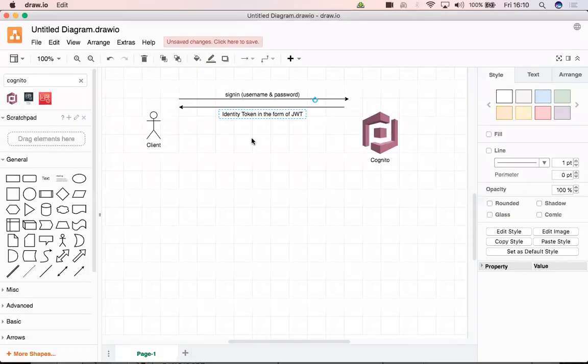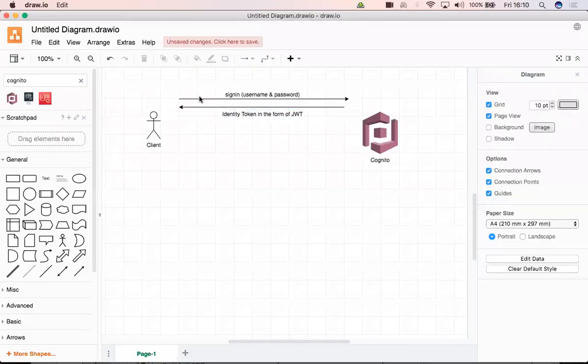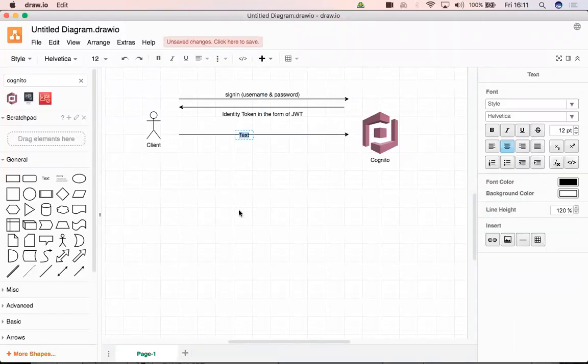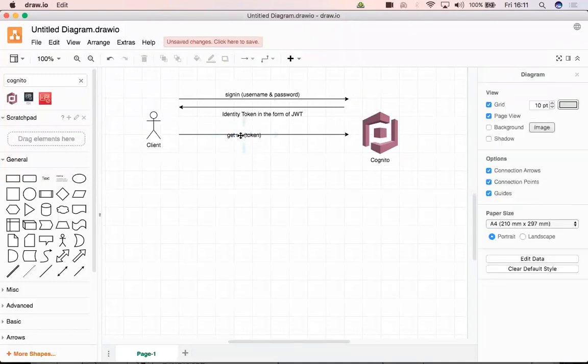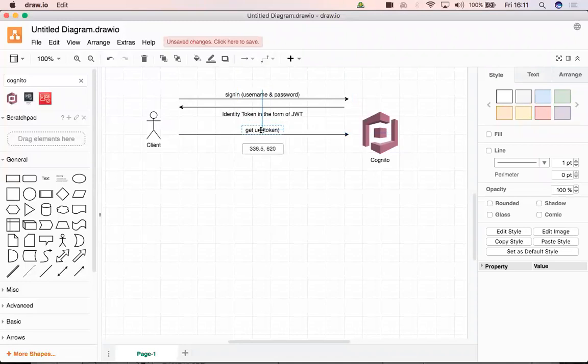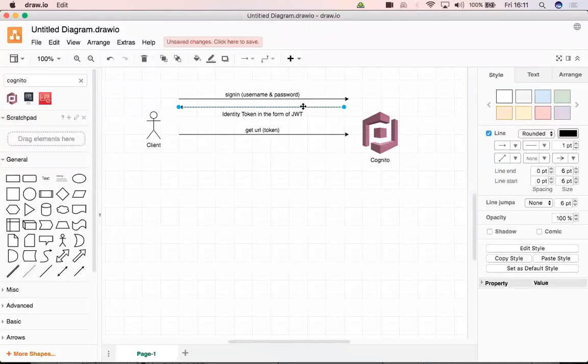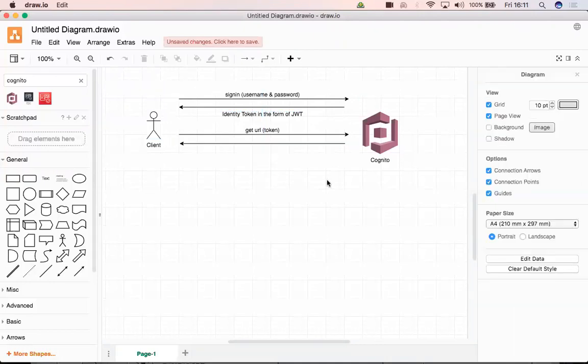From here onwards, once you receive the token, the next job is that in every call, it should go along with the token. Let's say I'm making a GET to so and so URL, fine, but along with that URL, you need to send that token. You do not send your username and password all the time. Rather, you just keep sending the token. What Cognito or your server does is it just checks that token. If the token is fine, it completes that URL call. Otherwise, it will again say it is unauthorized.